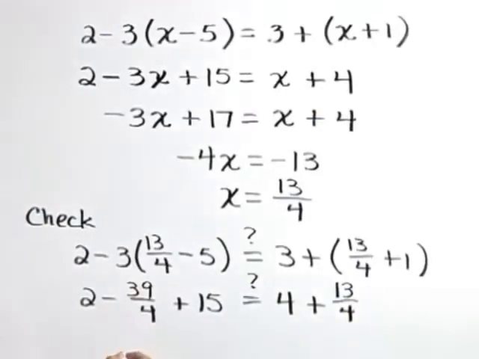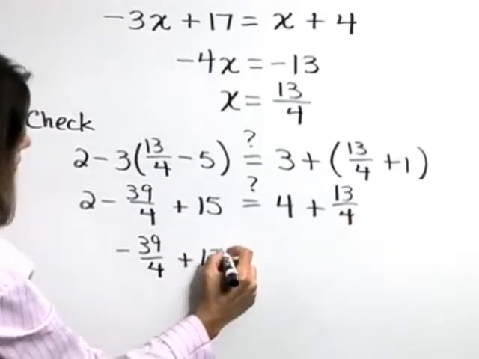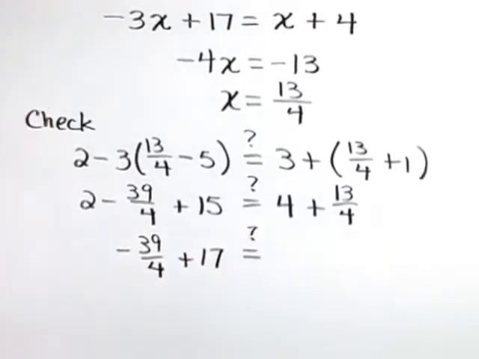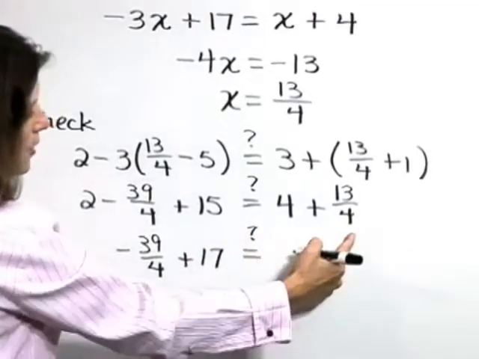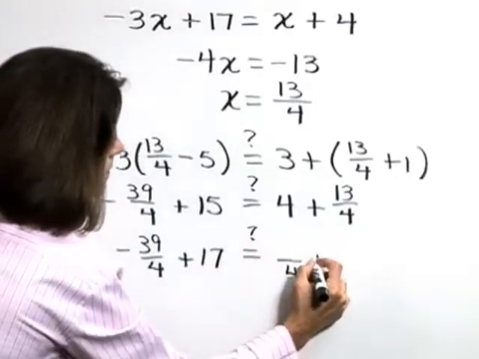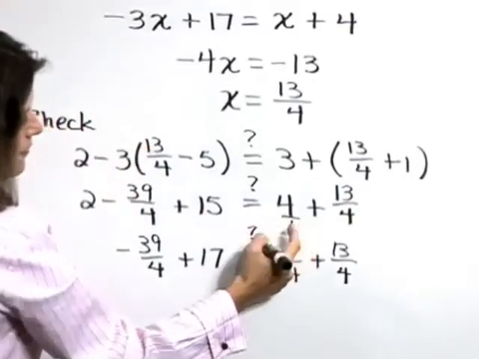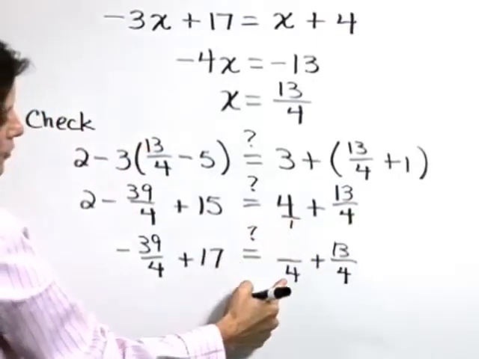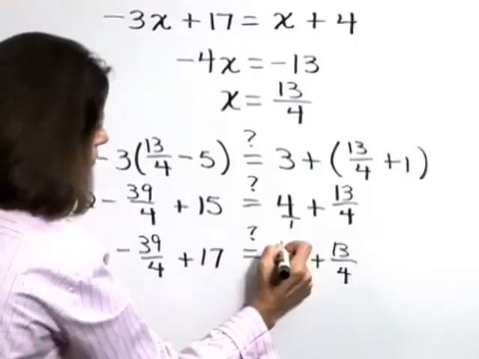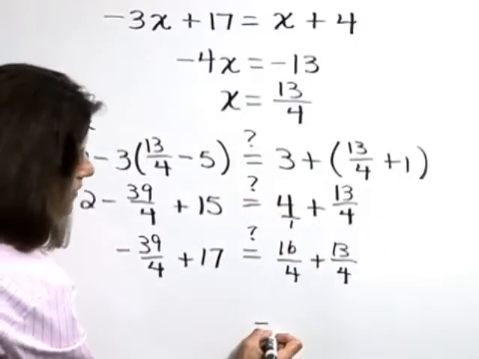Back to the left, we've got a negative 39/4 plus 17. Is this equal to the right-hand side? Here I'm going to go ahead and get a common denominator of 4. This is a 4 over 1. 1 goes into 4 4 times, and 4 times 4 is a 16. So the right-hand side is going to be a